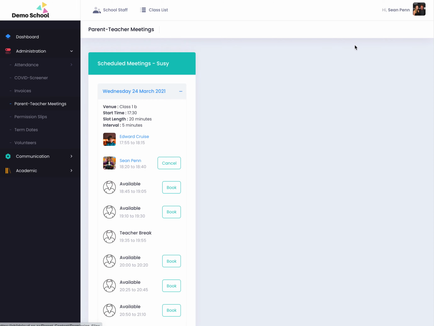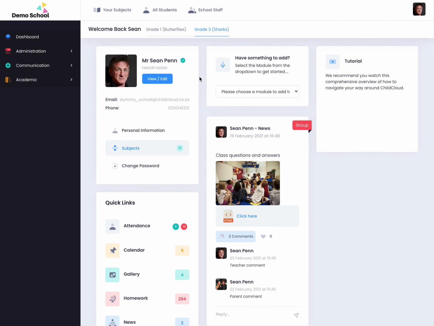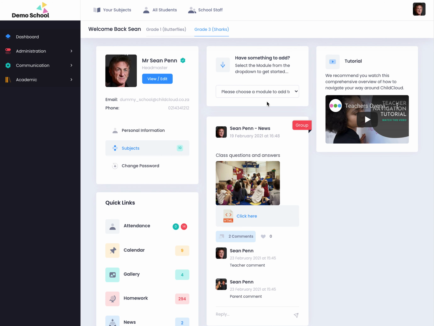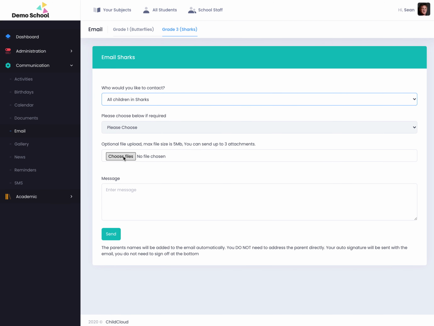My suggestion is that once you have created all of the slots, you just jump in as the teacher and you click on Email, and you can email the Sharks class and just type a message and basically just tell the parents to log in and book themselves in a slot and click Send, and all the parents can then get an email notification that they can go and book themselves